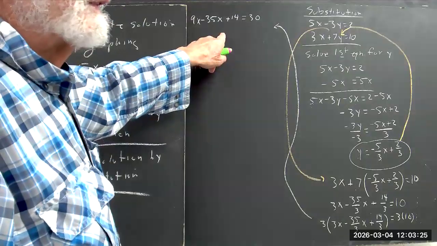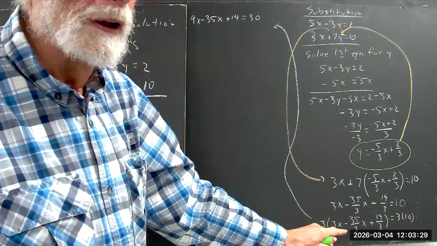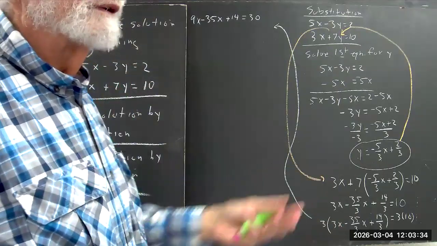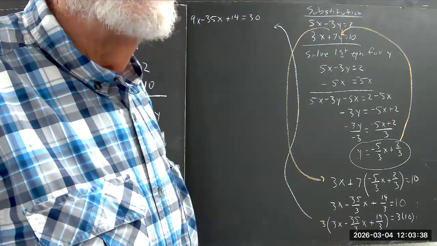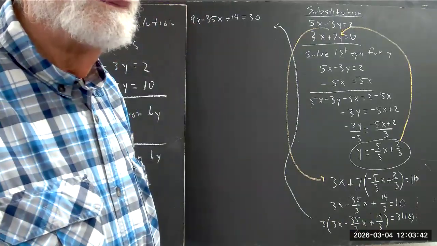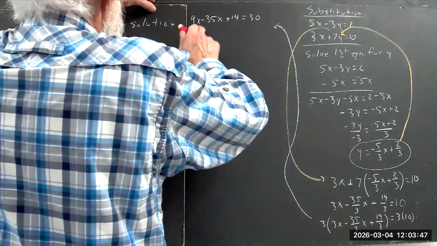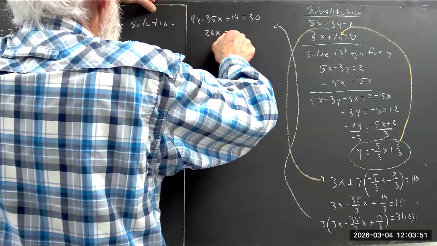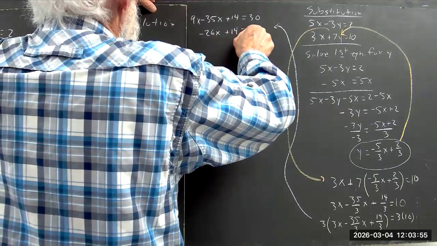This equation simply has to look or feel better to you than the equation with all the fractions in it. And if it doesn't, maybe you're just really good with fractions, and yeah, okay, you have my respect and admiration. I'm good with them, but I still prefer to go with the integers. Less error prone. 9x minus 35x is negative 26x plus 14 equals